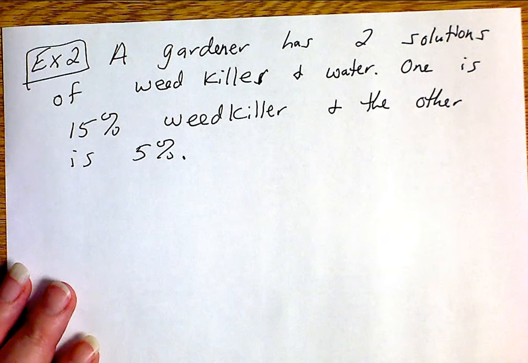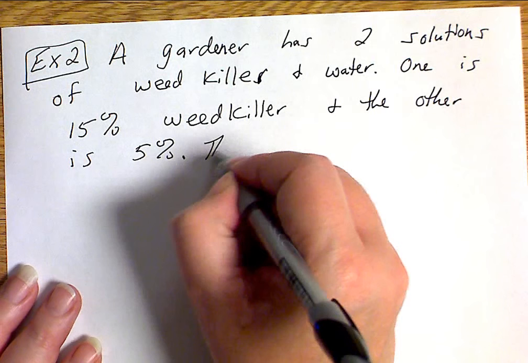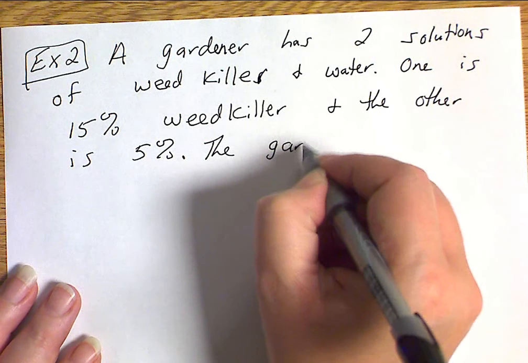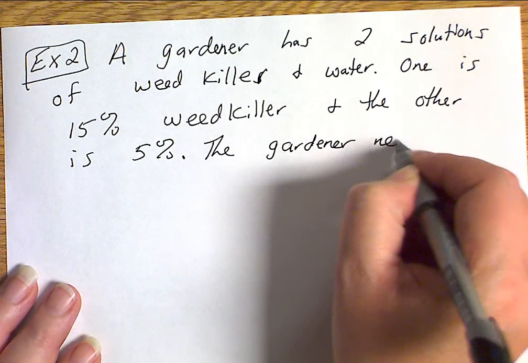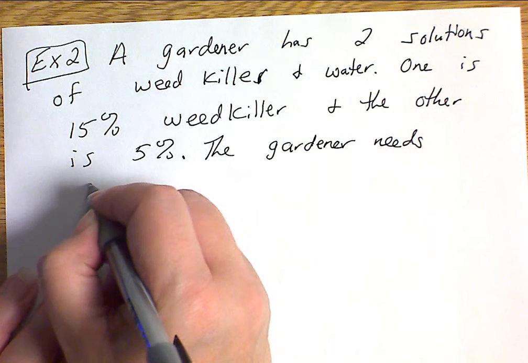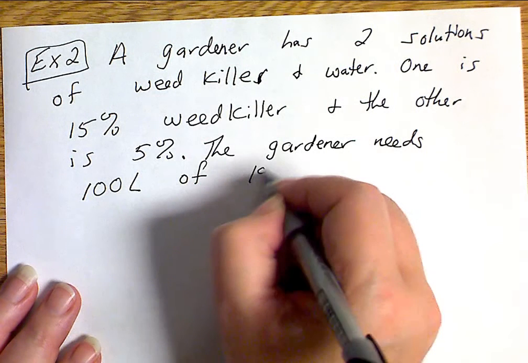So the question is, the gardener needs 100 liters of 12%